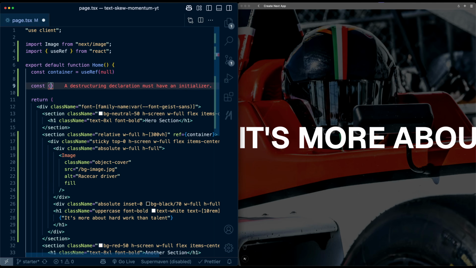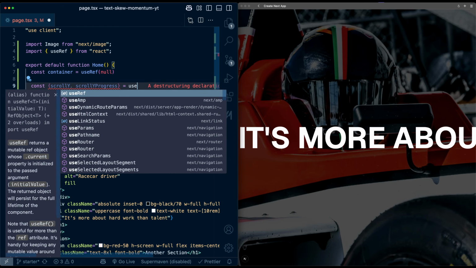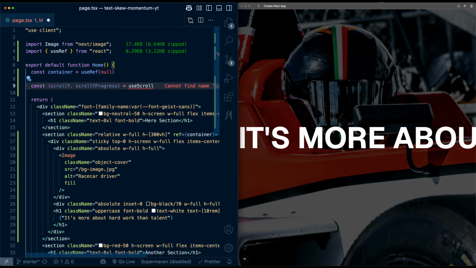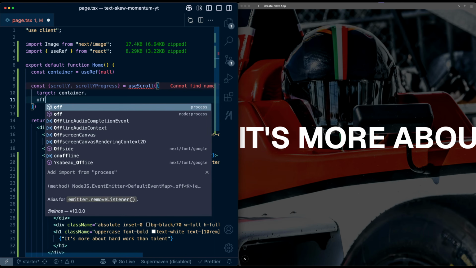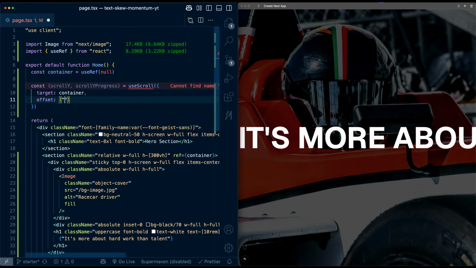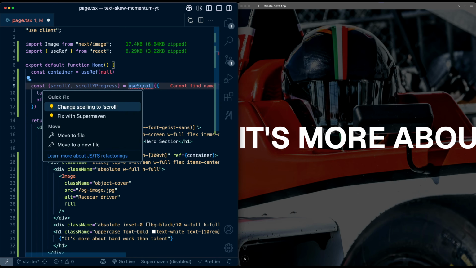So I'll extract both scrollY, the actual pixel value, and scrollYProgress. We'll need both of them. So this will be useScroll from Framer Motion. The target will be the container. And then for offset, we'll set this to be 0% when the start of the container is in the center of the screen, and 100% when the end of the container is in the center of the screen. And we'll import useScroll